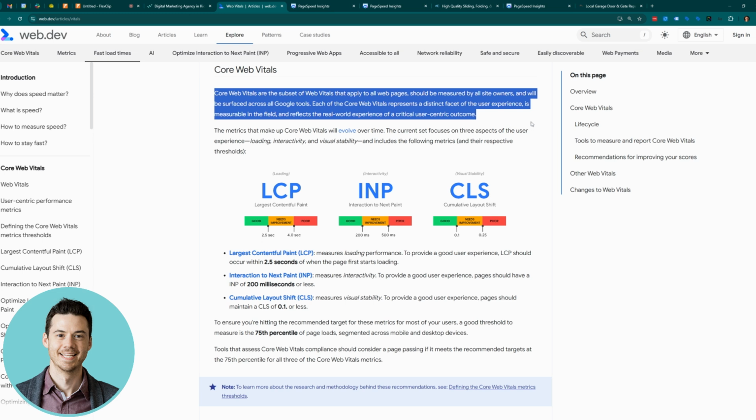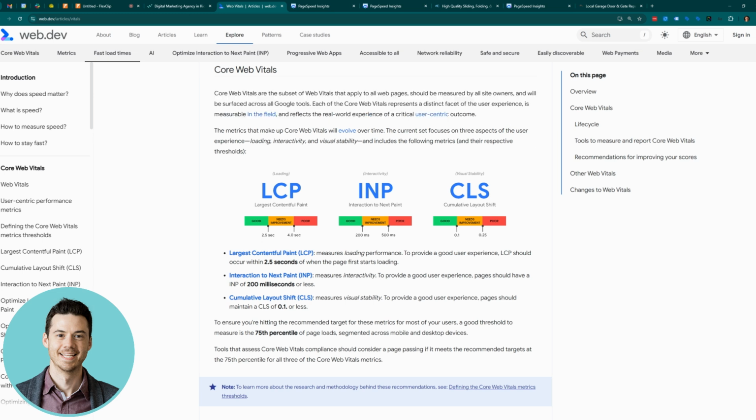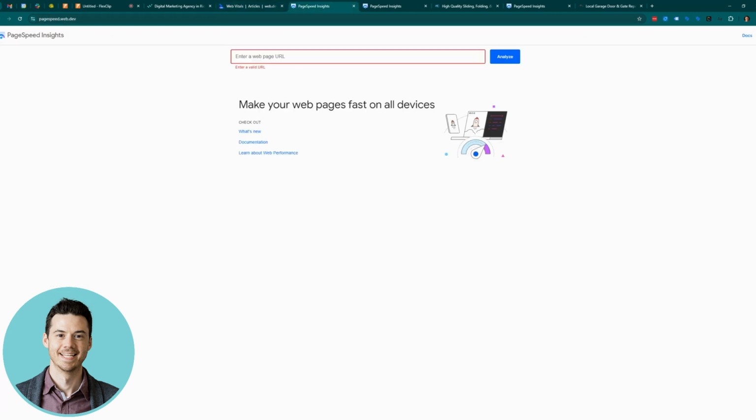First is the largest contentful paint, or basically how long does it take for the biggest element on your site to load. The second is called the interaction to next paint, or how quickly your site responds to user input. The third is cumulative layout shift, or how much do elements of your page move around as it loads. Each of these factors are measured by the PageSpeed Insights tool, so let's take a look at how exactly it